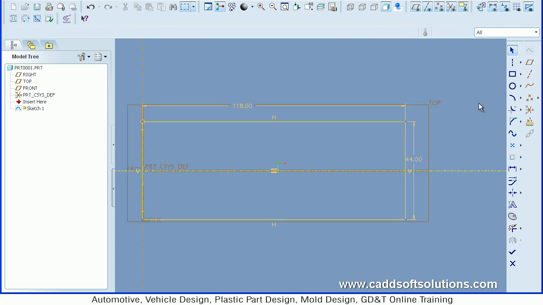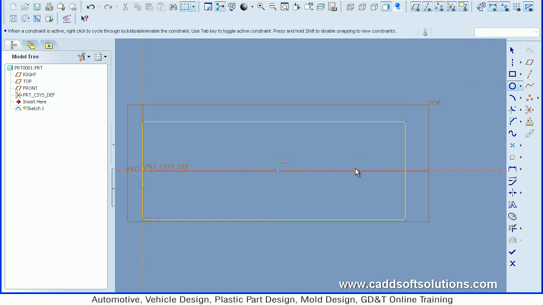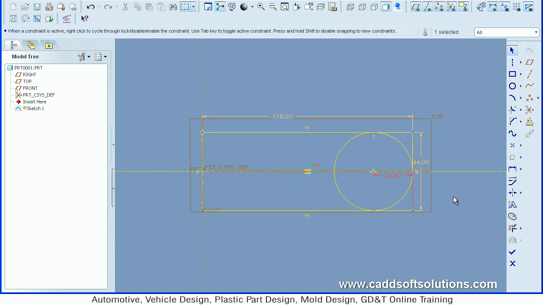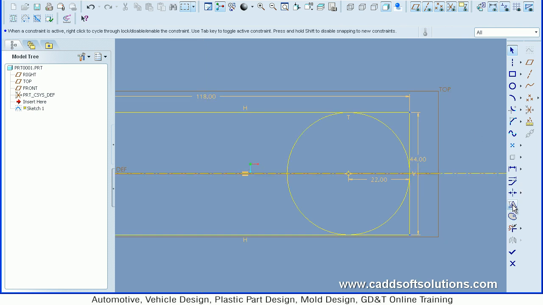Now we want to create here one circle. Just take the circle command and create one circle tangent to upper line. Then I want this circle to be tangent to this line also, so just apply the constraint, or you can make it directly a 22 distance, so it will be automatically touching to that line. Then trim the unwanted entities by using trim tool here, delete segment, and just drag the mouse on the parts that you want to trim. So in this way it has been trimmed. So this part has been created.